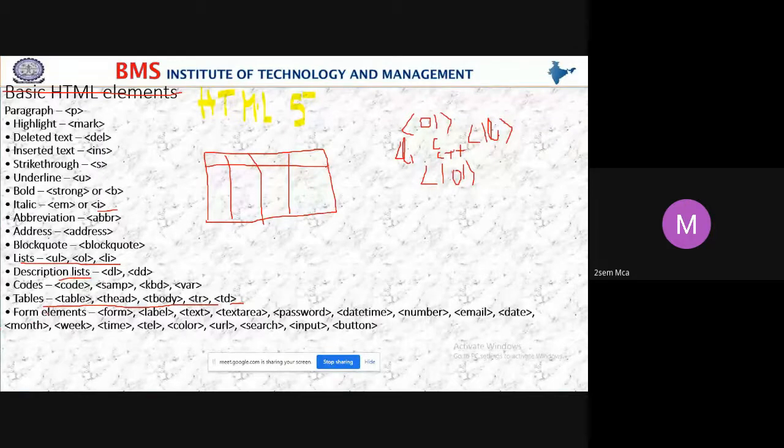And form elements: we have the form tag, label tag, text, text area, password, date, number, email, month, week, time, color, URL, search, input and button. These are all the tags we use in a form.